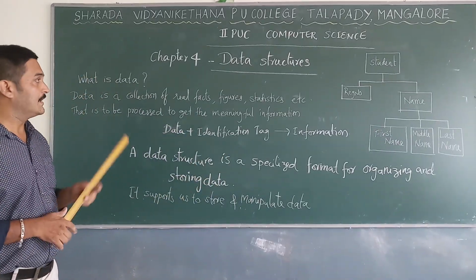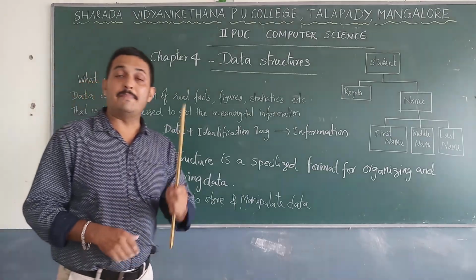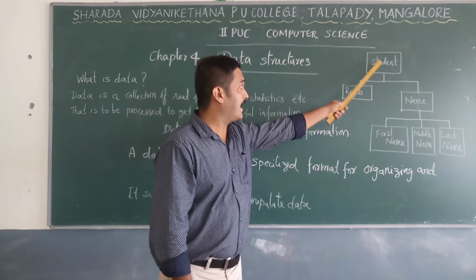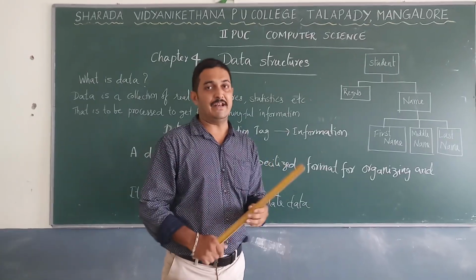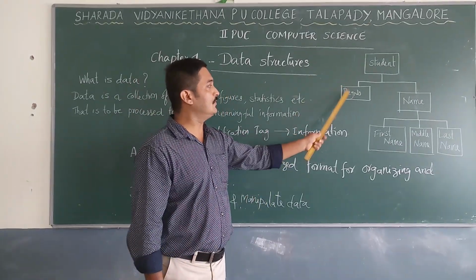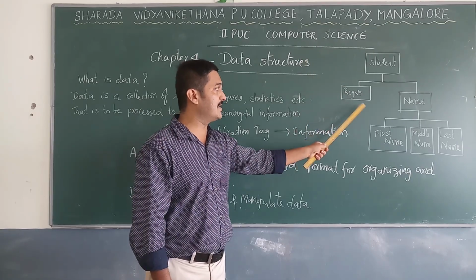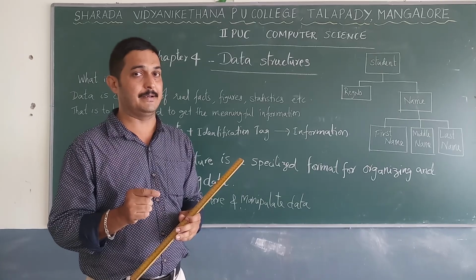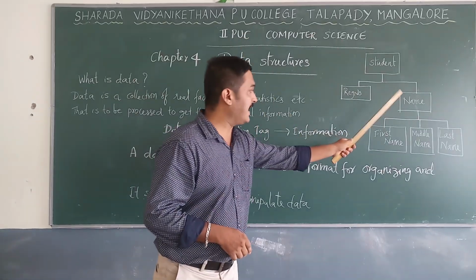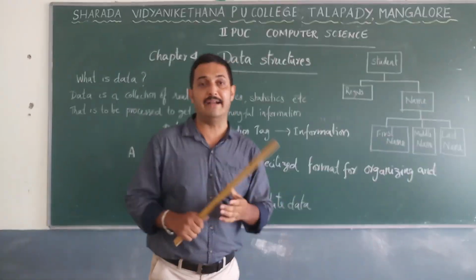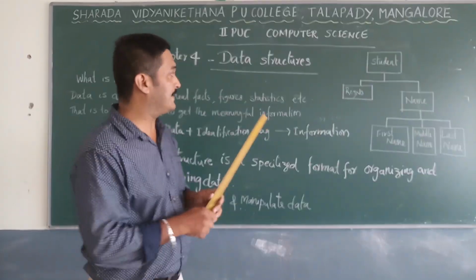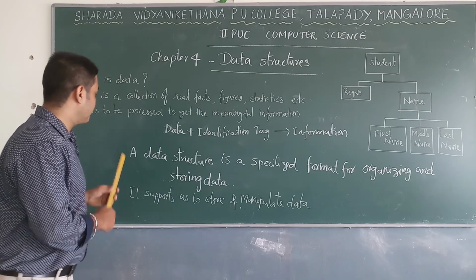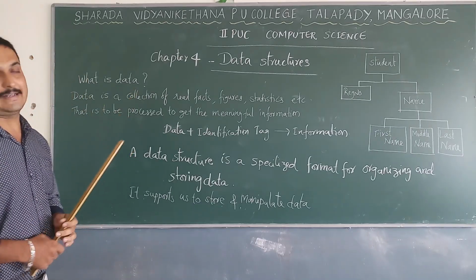So next one is data it may be a single entity or multiple. So here we can have an example like student information, and here student can have two informations or two fields, register number and name. See, register number we can have only one entity, and name we can have three entities, first name, middle name and last name. Okay, these are about data or different entities.